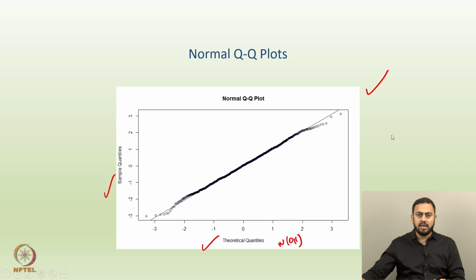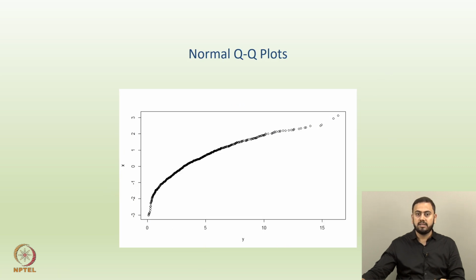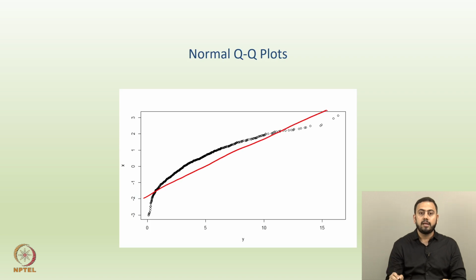Then probably in the next slide I will show you one plot where normality does not hold. So, let us say something like this. Okay. So, here even if you try to draw a straight line, the straight line would probably look something like that, right. But then you can see that you have a lot of departures away from the straight line. So, for example, here or even here, right. All the points are not at all close to the straight line. So, this is a clear case where normality does not hold true, right. So, normality fails. Hopefully the idea is clear.